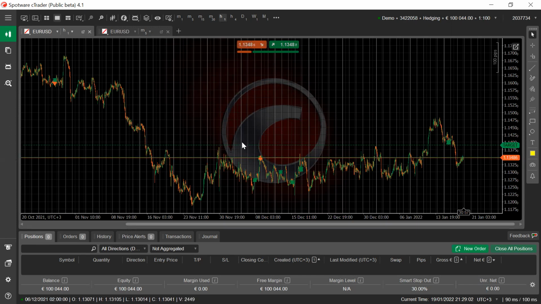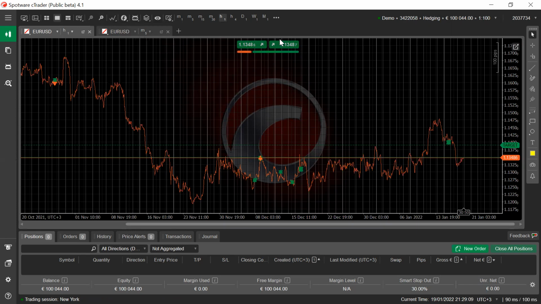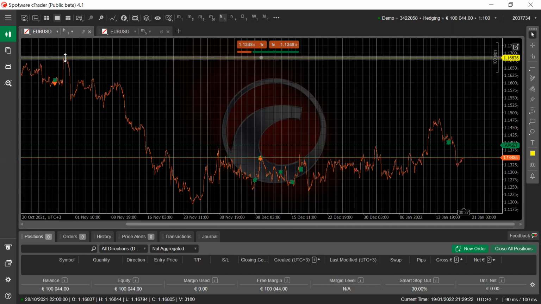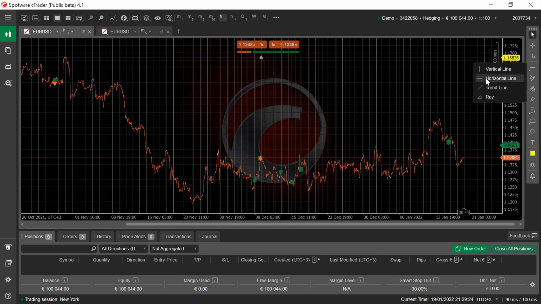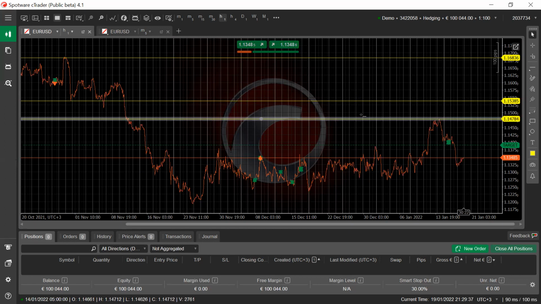If it's easier for you to use lines, then you go and change this to lines. And then you come with your straight horizontal line, this one here, and then you mark them. You can mark that's the highest. You don't have to think too much. That's the lowest. You mark especially these lines that are close to here. Those are the ones you actually want.